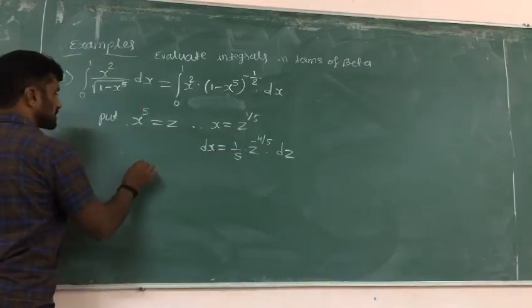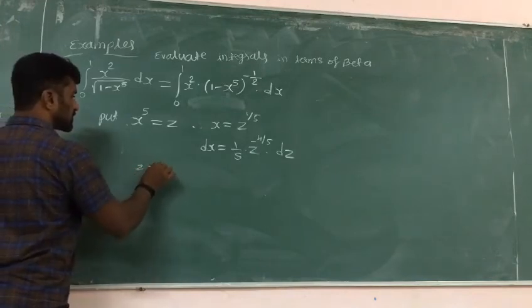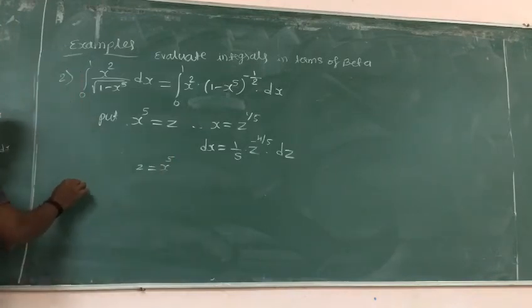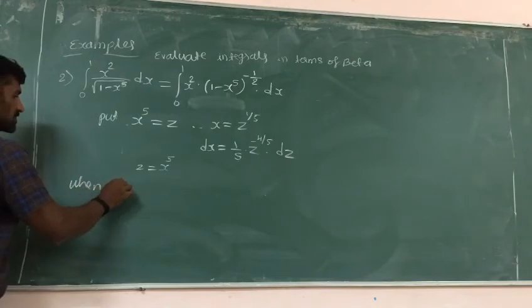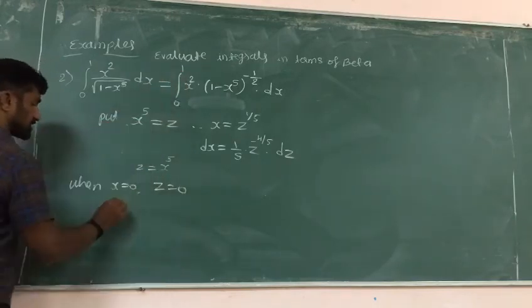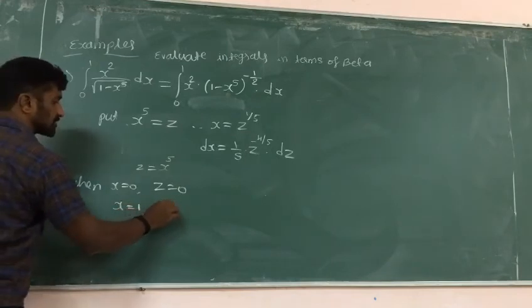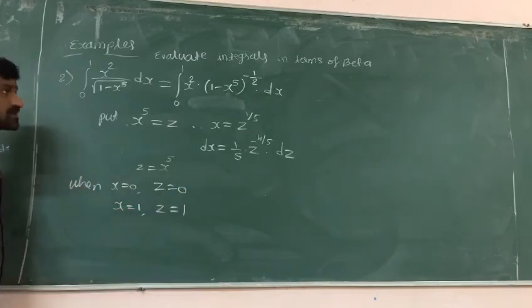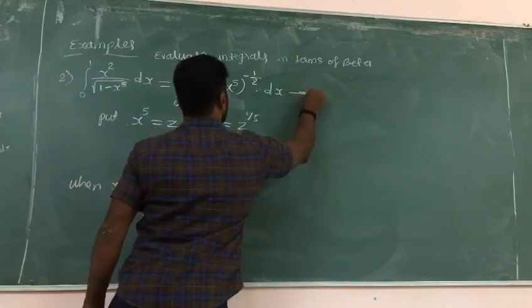Now see how the limits change. z is equal to x raised to 5. When x is equal to 0, z is equal to 0. When x is equal to 1, z is equal to 1 raised to 5, which is again 1. Therefore equation 1 becomes